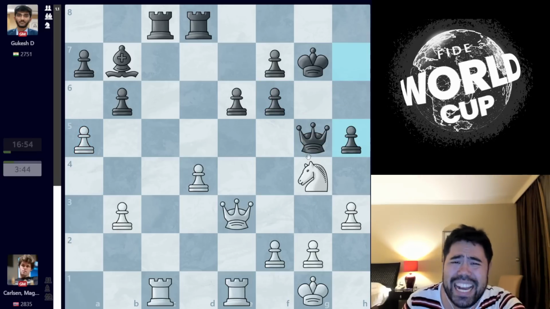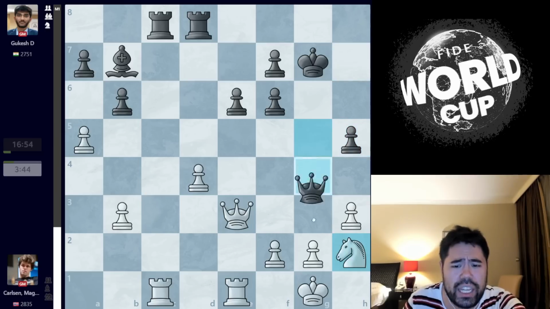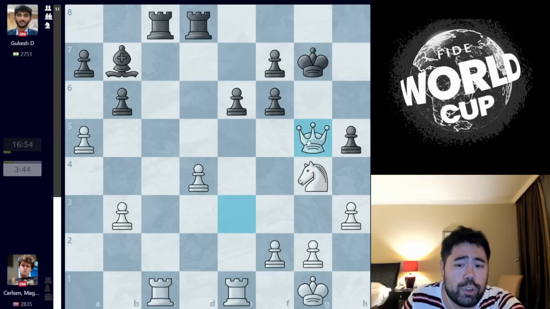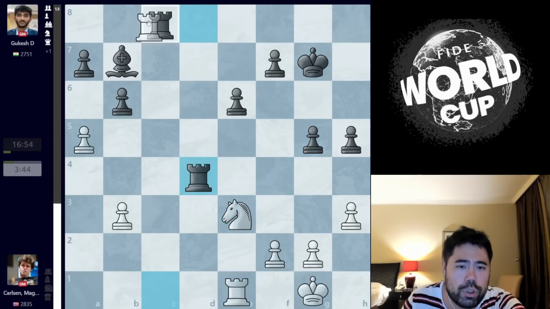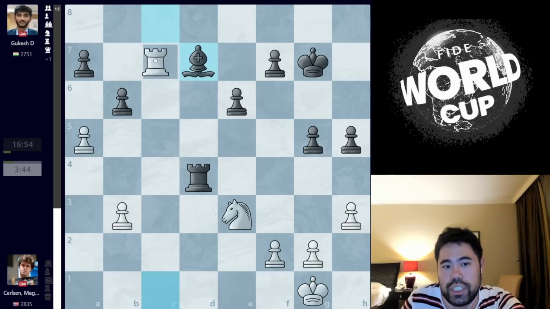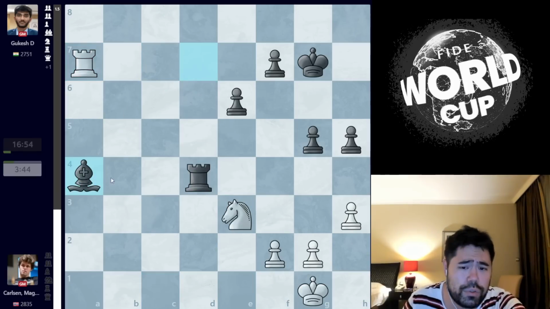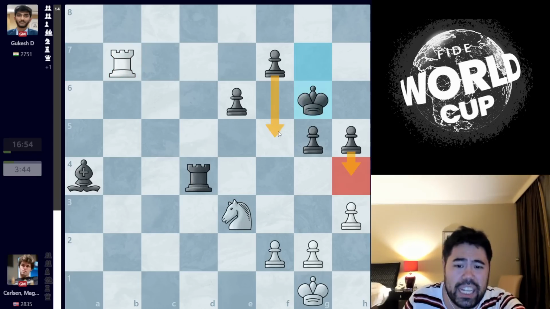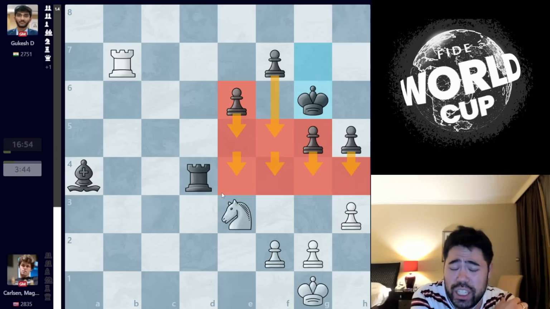But after h5, Magnus has no choice but to trade the queens. If you try to move the knight away, it's checkmate in 1 with queen takes g2, and otherwise I just capture your knight. So after queen takes, queen, pawn takes, and a move like knight to e3, for example, now after rook takes d4, rook c8, bishop c8, and this move rook to c1, bishop d7, let's just say rook c7, takes, a4, takes. Computer actually thinks this is very close to lost for white, because after rook b7 and a move like king g6, followed by h4 and f5, the pawns are rolling up the center of the board here, and black will get great chances to win the game.